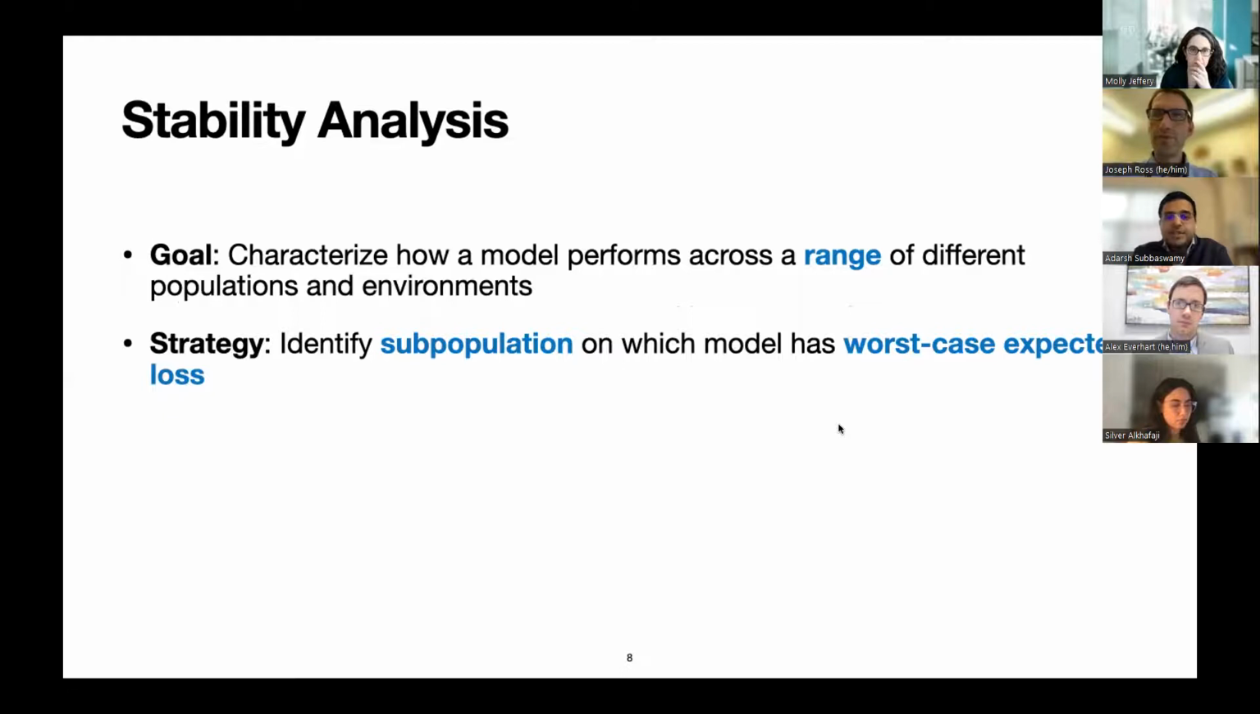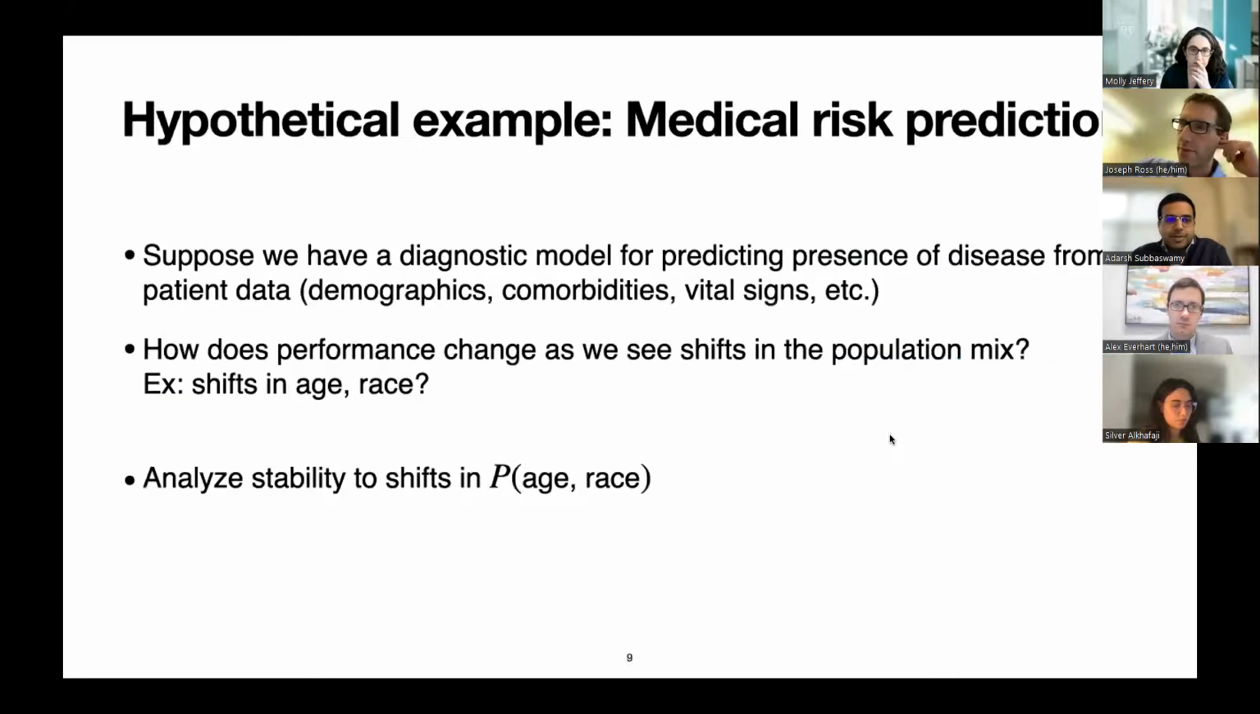The particular strategy is to identify subpopulations of an evaluation cohort on which a model has its worst case error rates, basically. And so to just give a demonstration of this approach and give some intuition for how it works and how we can use it, I'll talk about a hypothetical example for a medical risk prediction problem. So suppose we have a diagnostic model for predicting the presence of a disease from patient data. So it uses information about patient demographics, their disease burden, comorbidities, as well as physiologic information contained in the electronic